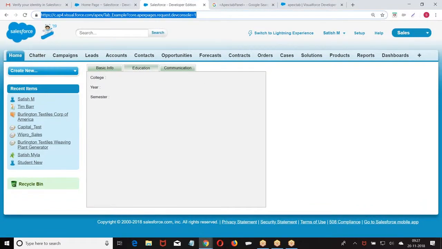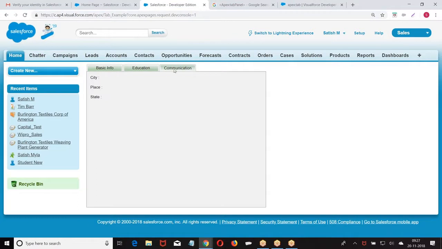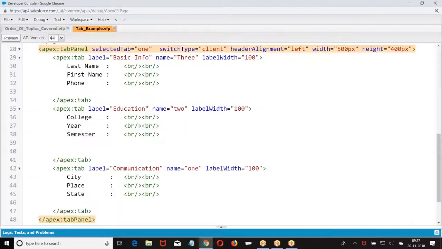By default, when you load the page, communication, city, place, palace. Now, what is that? One. What is the one? Name. For every tab, we are going to give a name. Based on the name, we can control which tab is selected. Or based on ID, we can control. Based on the ID or based on the name, we can control.